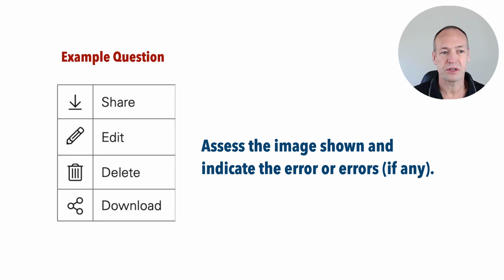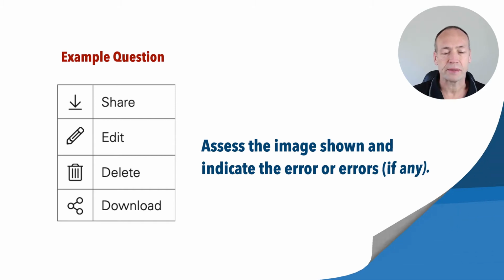Okay, let's look at another example. Here you've got an image with some symbols and words next to them. You would have to assess the image that's shown and indicate the error or errors, if any. So there might be one issue within this image that needs to be identified. There might be more than one. Or it could be that there are in fact no issues at all with these images and words. And if you were to assume that there is something wrong and select one just to have a stab in the dark, and there are no errors at all, that could obviously cause a problem for you. But if you have a close look at this one here, there are a couple of issues going on that would be considered errors.